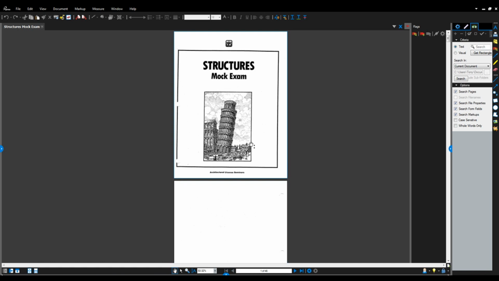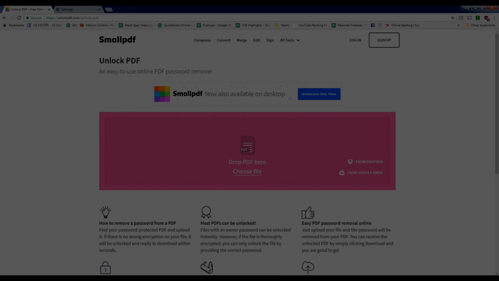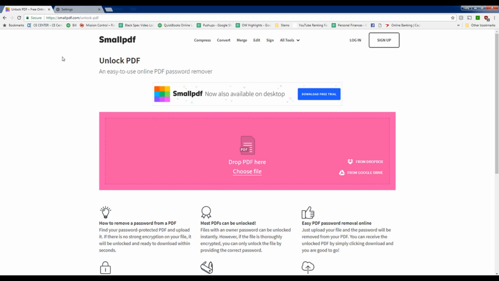But if you purchase something and it came password protected, it can be really annoying to remember the password that you didn't set up. It's just annoying if it's password protected and you don't want it to be. But what you can do is you can come to this website,